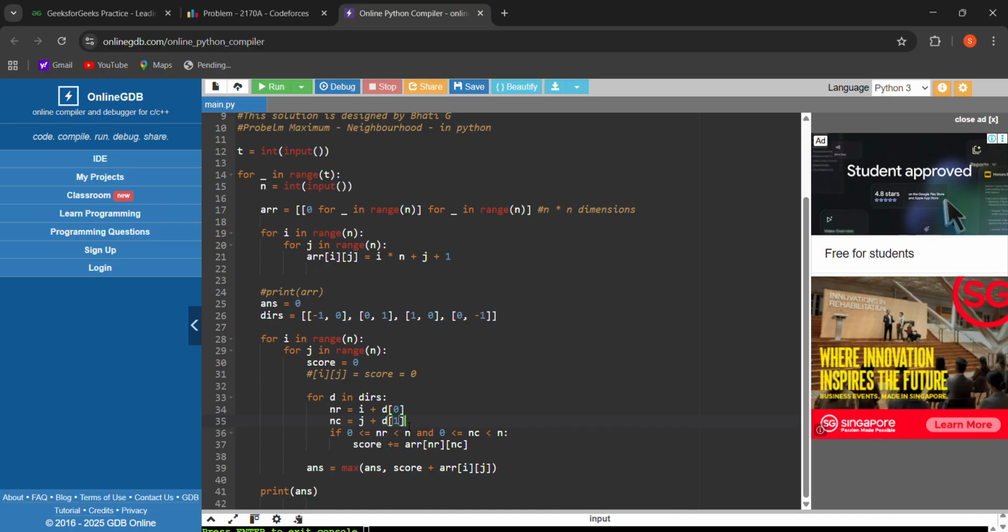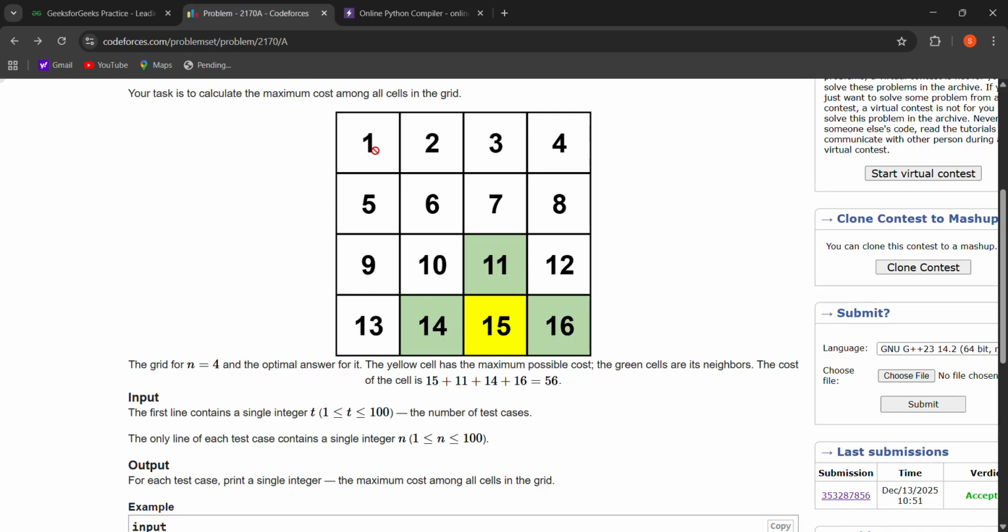Now we also have to check whether this nr, nc are valid coordinates or not. Suppose we are on this one, so the left coordinates for this will be invalid coordinates.